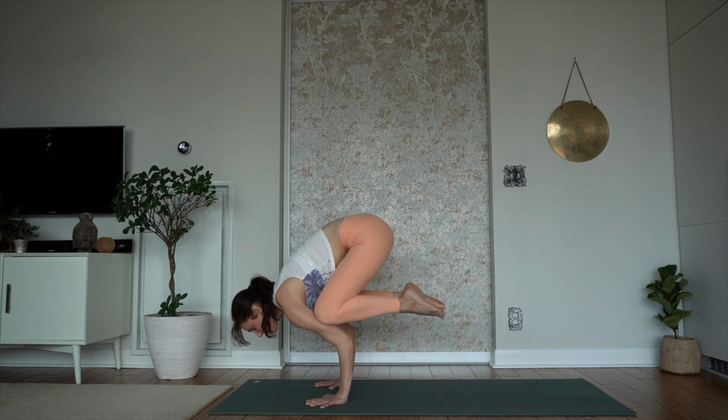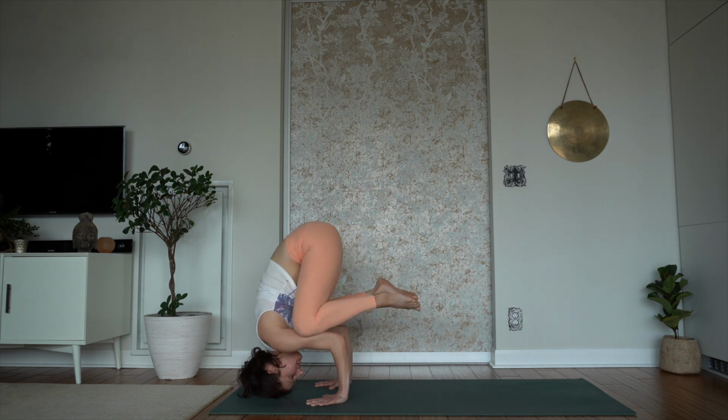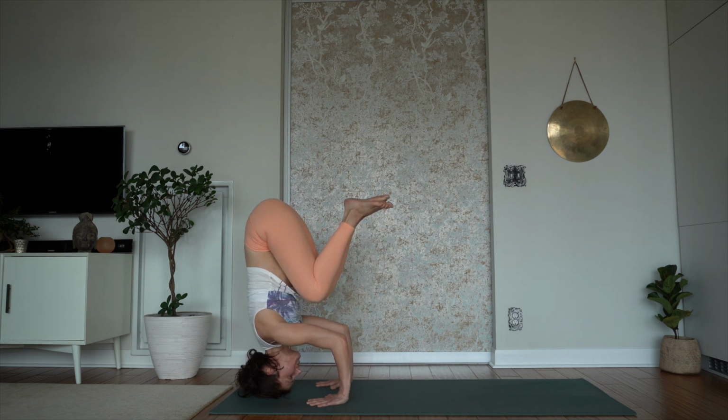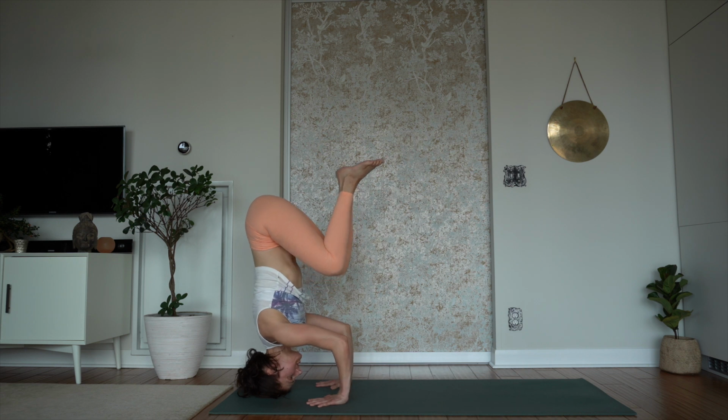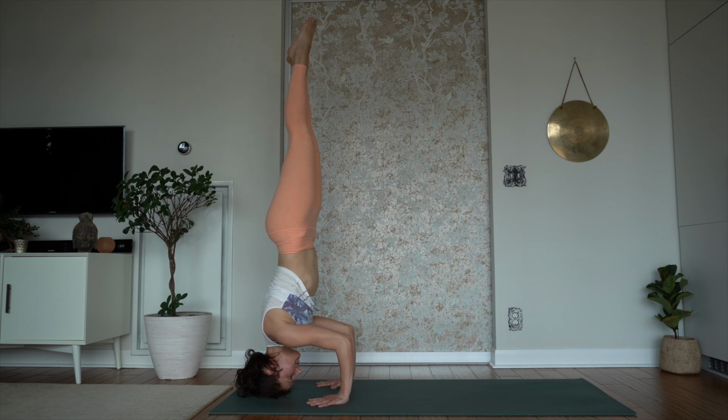From here, with control, slowly start to drop your head to the floor. And then you're going to pull your knees to your chest for your tripod headstand. You can keep your knees low if you're stable. Bring your knees all the way up to headstand, holding for 5,